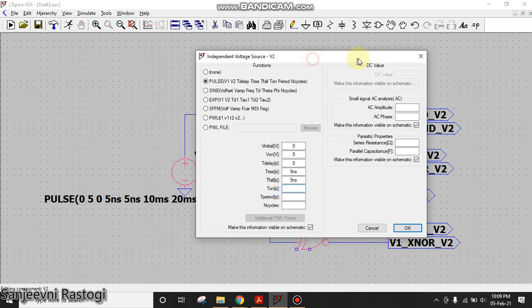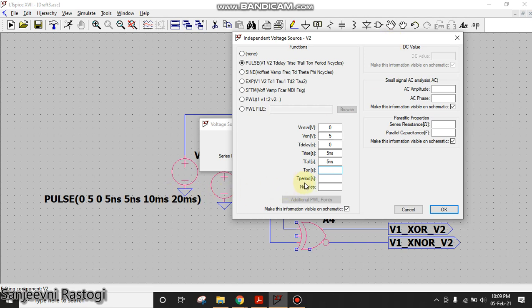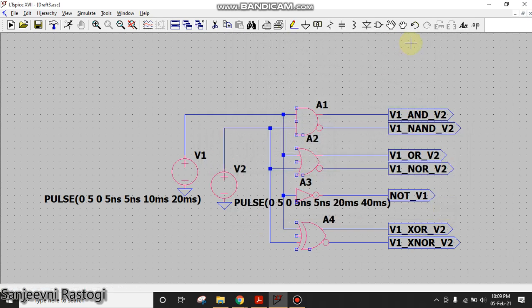Since in V1 the T on is 10 milliseconds, here I will take T on as 20 milliseconds and time period as 40 milliseconds. So what will this do? It will go 0, 0, 0, 1, like that it will consider. I will show you in the simulation itself.